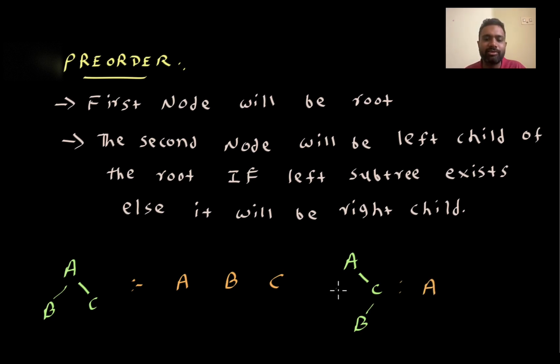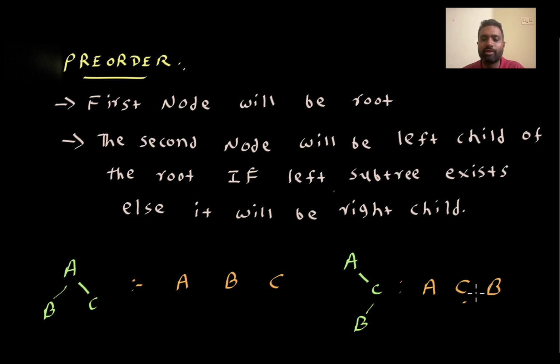Second, there is no left subtree, so it will skip that part and go for the right subtree. The first node explored will be the root, then C, which will be the right child. So this is the second case that I have mentioned in this condition. In this case, C will be the right child of the root, so that will be the second node,